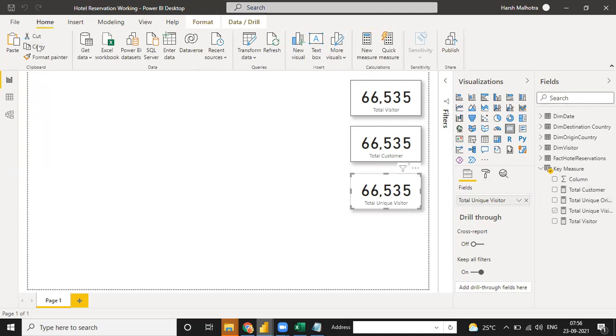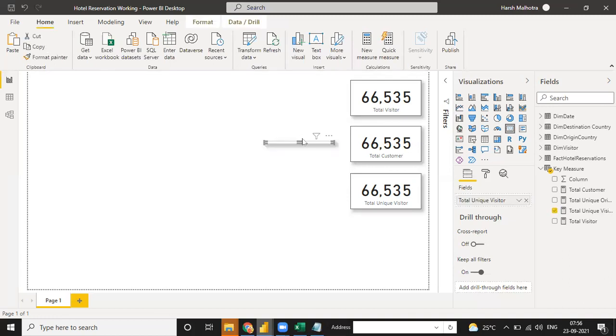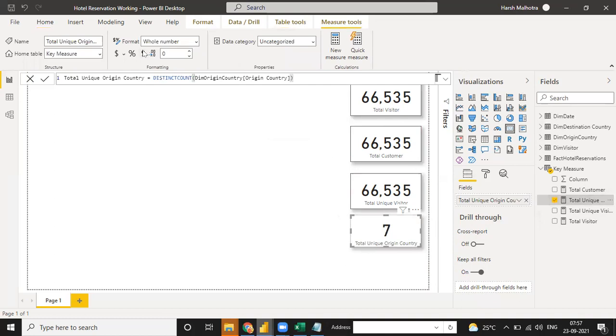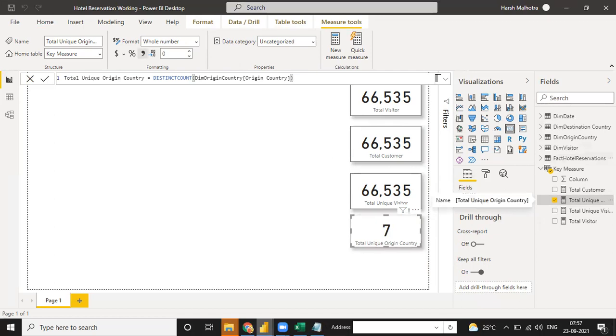Just click on this, copy and just paste. Instead of this, using that, unique origin country C7. As I already told you, the total origin country we have is 7. Now the next function is total destination unique country.